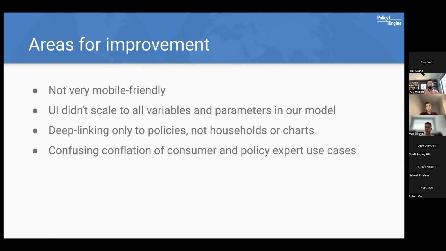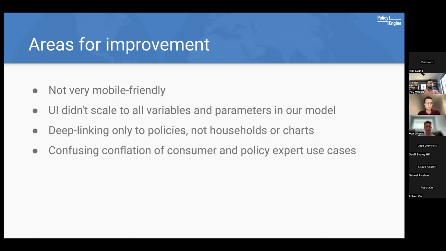And there's an intersection there where you're not just interested in the impact on the US or some state, but also an individual household. But I still think there was this opportunity for clearer separation of these profiles.